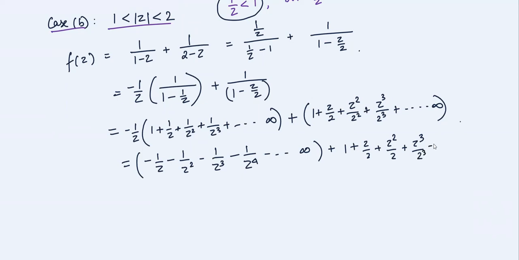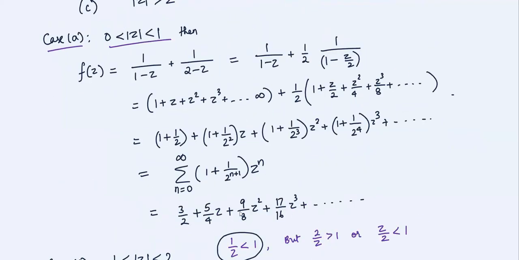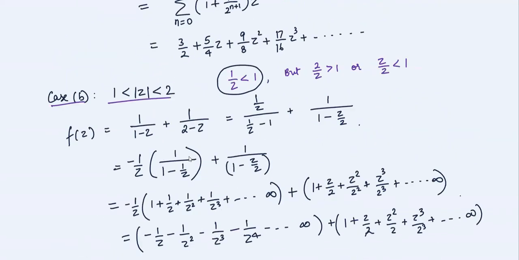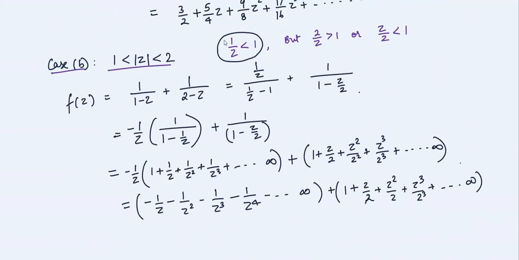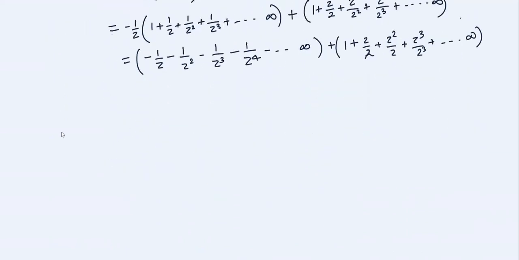We can combine, or we can just leave it like this, because this will go to higher and higher negative powers. This will go to higher and higher positive powers. So with the negative parts, this is the principal part of the Laurent series. In the previous case, the principal part doesn't exist, so the Laurent series becomes the Taylor series. However, now here, third case,